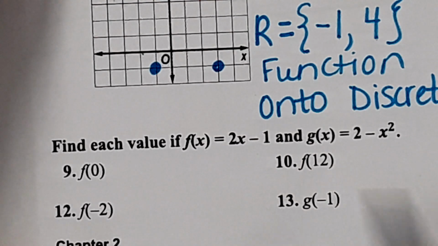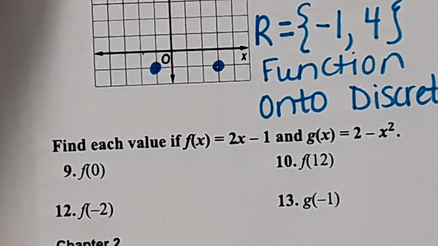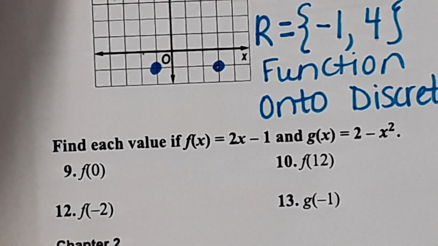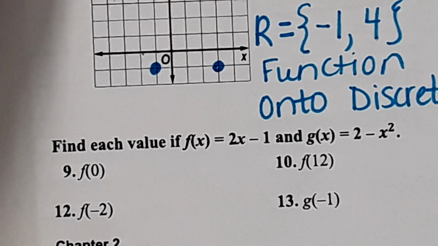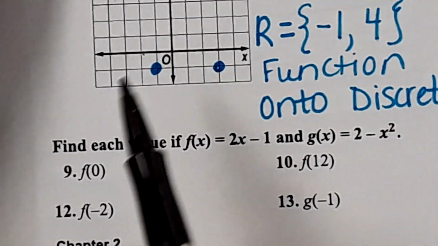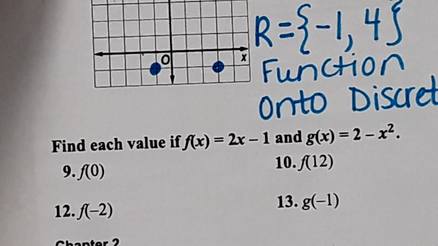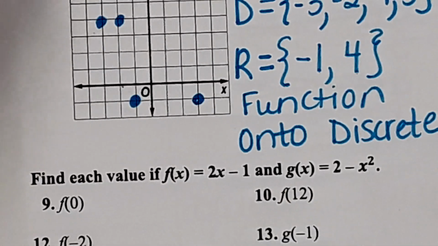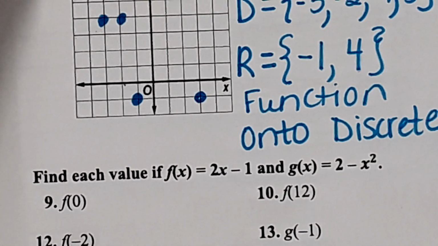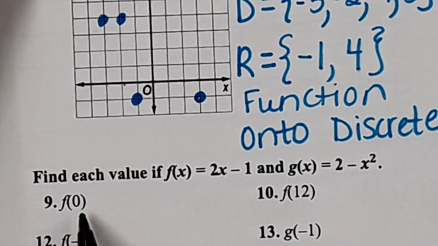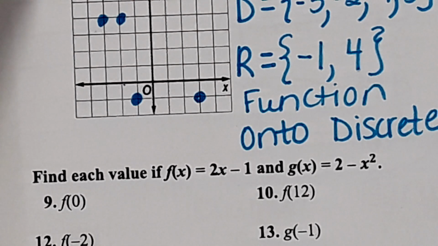So we have an f and we have a g function. A lot of times your functions are with f of x, g of x, h of x. Those are the 3 letters they use the most for your functions. The number in the parentheses is the domain or, okay. So as I was saying, the number that's inside the parentheses is what we call, remember yesterday I talked